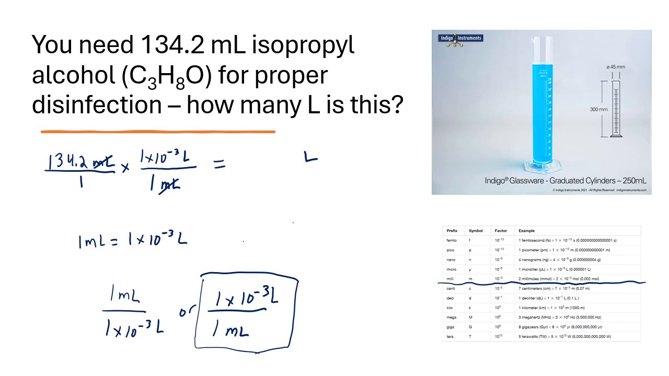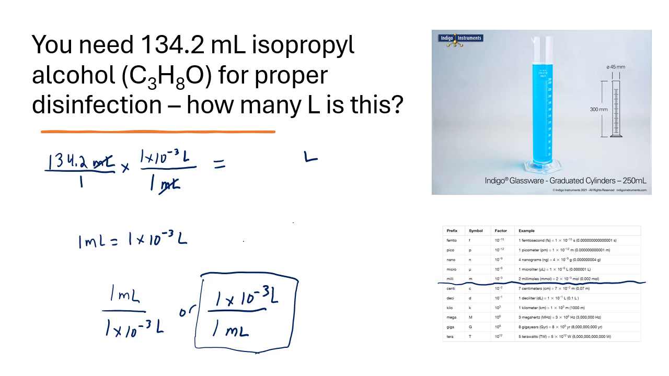If I use the calculator to do 134.2 times 1 times 10 to the negative 3, and I was really careful to put that scientific notation in parentheses to make sure that it treated it as a scientifically notated number. The calculator returns